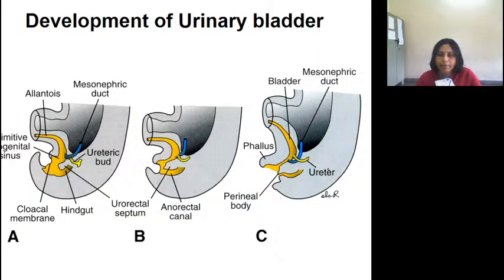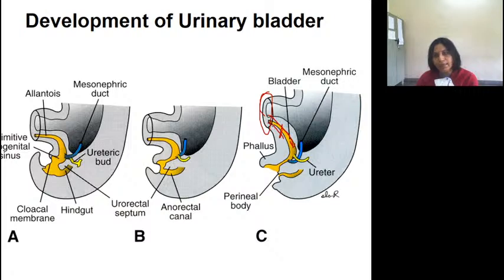Now, the urinary bladder development. We just discussed how the mesonephric duct goes into the urogenital sinus, how the hindgut is divided into a ventral part, the urogenital sinus, and a dorsal part, the anorectal canal, and how this is absorbed into the urinary bladder. This urogenital sinus communicates with the allantoic diverticulum, which goes into the umbilical cord. Later, the proximal part of the allantois will be absorbed into the urogenital sinus and leads to the development of the bladder. But the distal part of this allantois